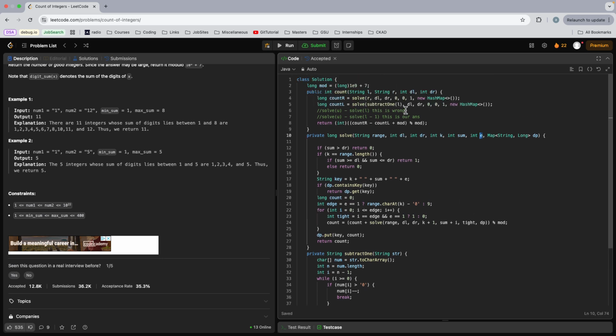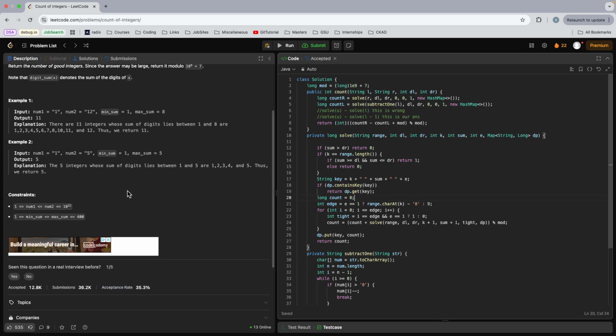So in the first case, it is, right? If it is the case, you can only use numbers up to the limit, which will be whatever the digit is at that position in the upper range. So we have this range also passed along to the solve function, and at position 0 we're checking what that number is. So in their example,